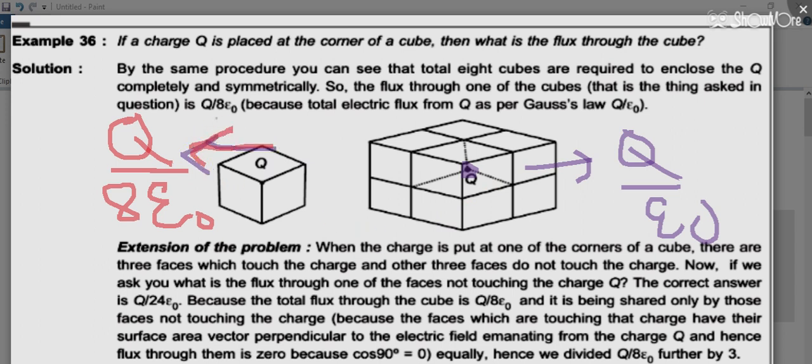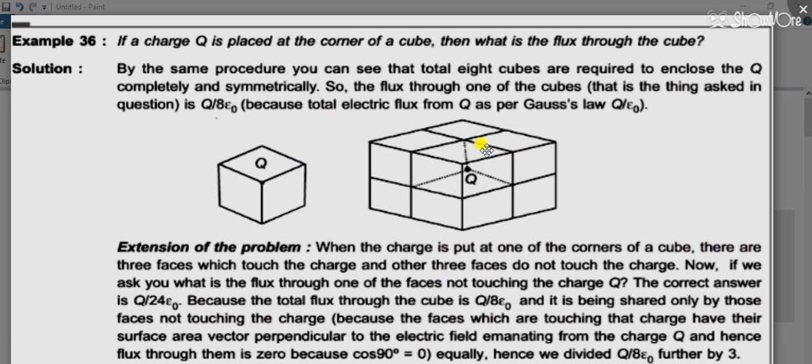So if we extend the problem as we discussed, you can take the screenshot. As I discussed here, 4 faces are upward, 4 on the left side, 4 on this side, 4 on the back side, 4 on this side, 4 on downward. So total 24 faces will be there. You can count 6 sides, 4 faces on each side, so 24 faces will be there. So directly, the electric flux coming out of one face will be q by 24 epsilon naught.